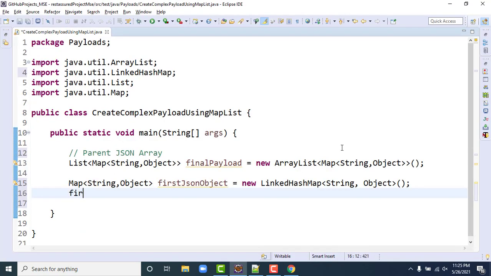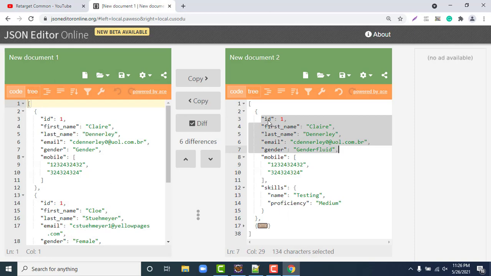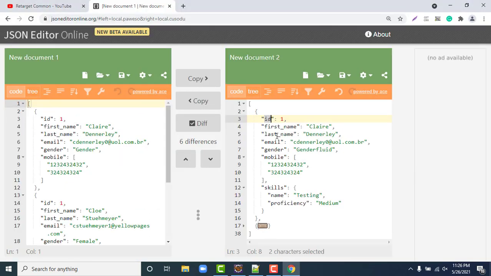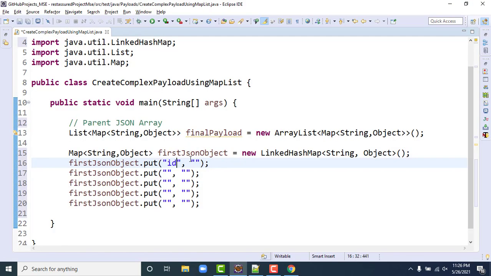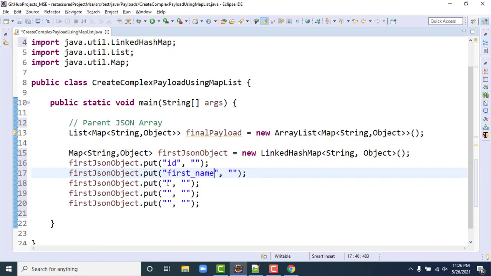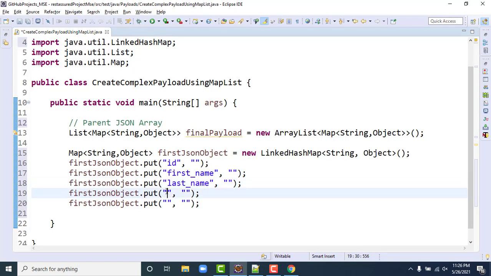Now we know that these first 5 values we can easily add into our map. So let me add that one first, JSON object dot put, and let me copy 4 more times. Let me copy all the key names: last name, email, and gender.